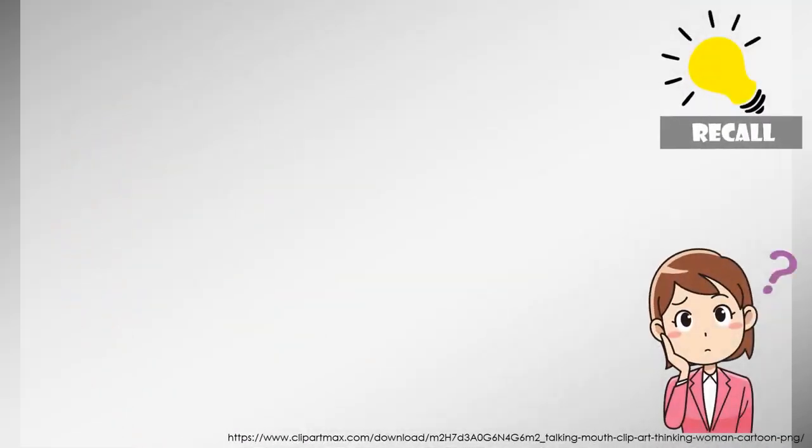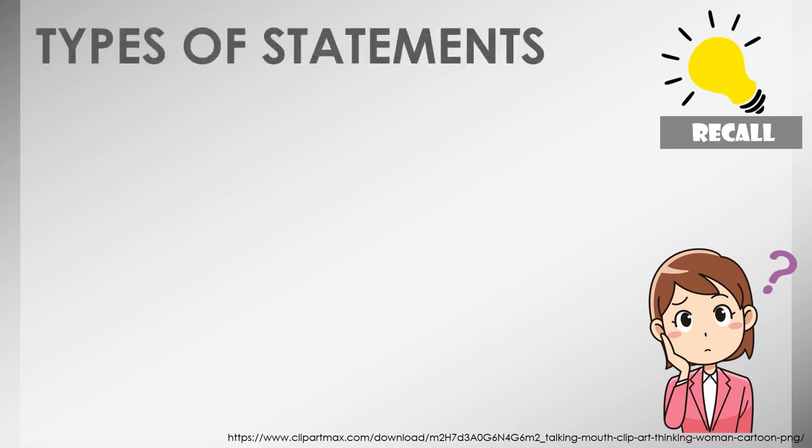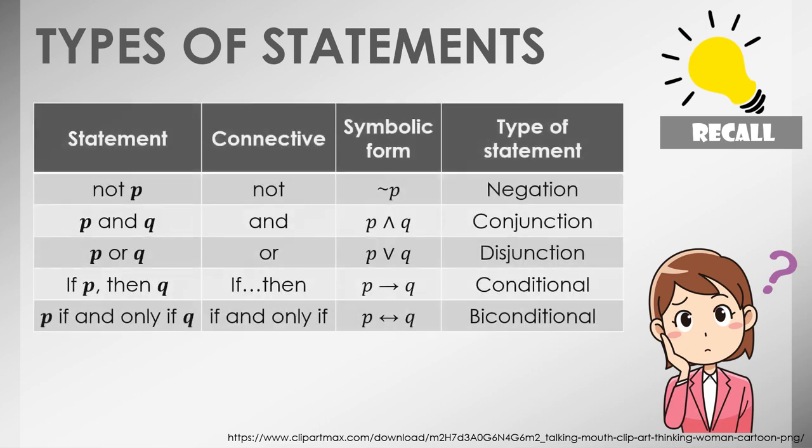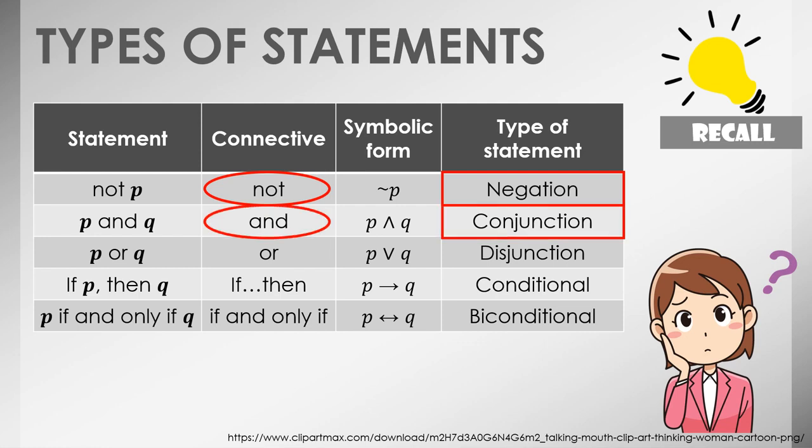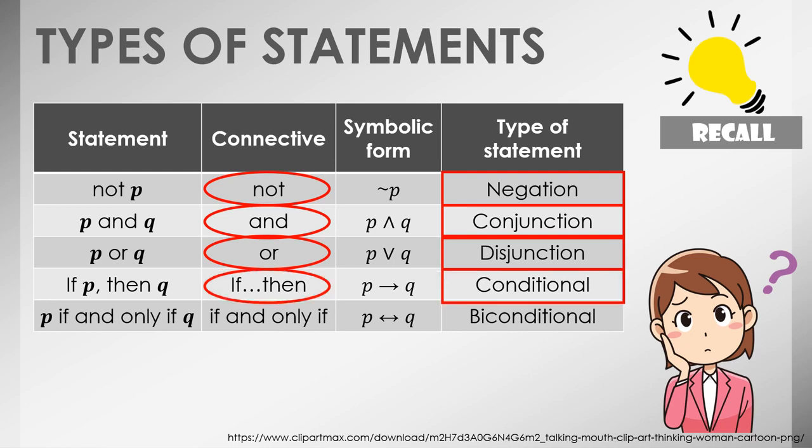Before we proceed to today's discussion, let us first recall the different types of statements that were already introduced in the first part of the discussion for this chapter. And we have this. Note that in each type of statement, they can easily be differentiated since each of them is represented by a unique connective. For instance, the negation statement and its connective not, the conjunction statement and the connective and, the disjunction statement and the connective or, the conditional statement and its connective if-then, and lastly, the biconditional statement and the connective if and